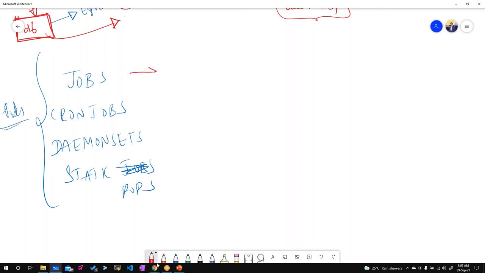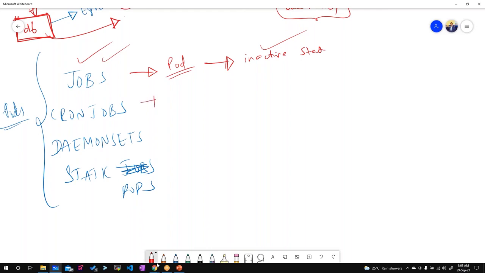What are jobs? Let's say there is a job that I need to process these many files. So I create a pod for that job, and I ask it to complete it and then go to an inactive state. Once this job is completed, this pod will either be killed or be in completed state. I don't want to restart the pod because the job is done. Like file processing, or transporting a file from one place to another. That is a job.